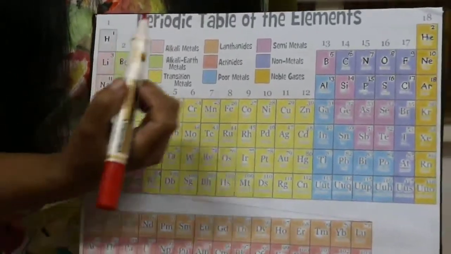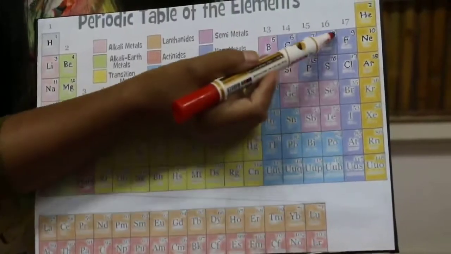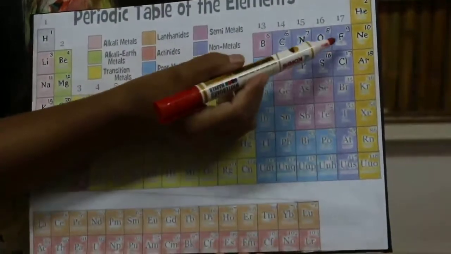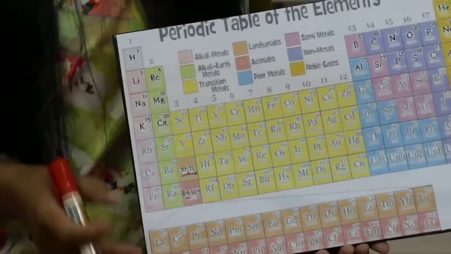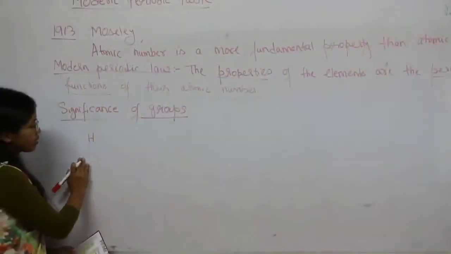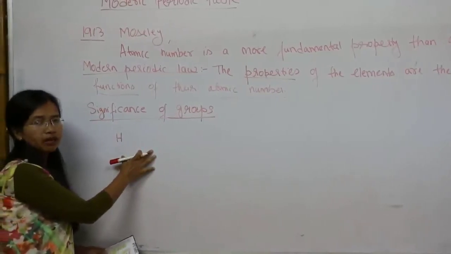Now for example, you go to group 17. In group 17, these elements here are non-metals. They will have similar properties, and they have valency 1. So now let us try to understand the significance of the groups by taking some examples of elements in